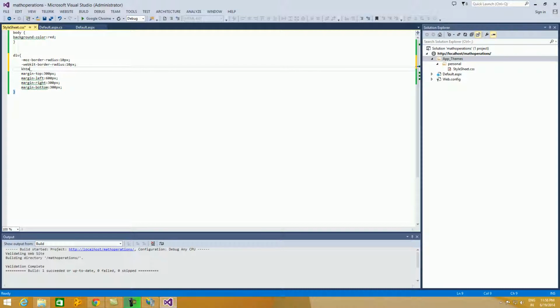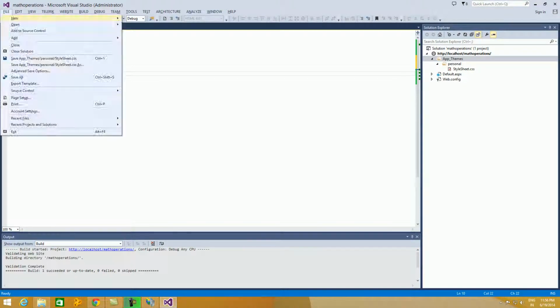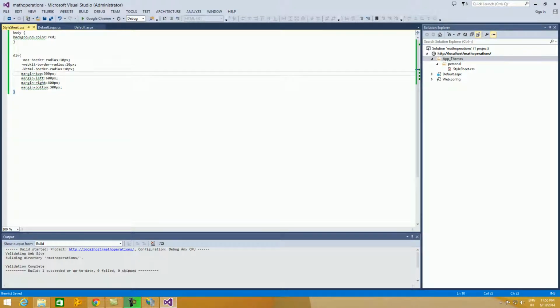And this is another tag, hyphen border, 10 pixels. So to make the border work in all the browsers, I have given these three attributes for the div tag. Now let us save this and try to run.